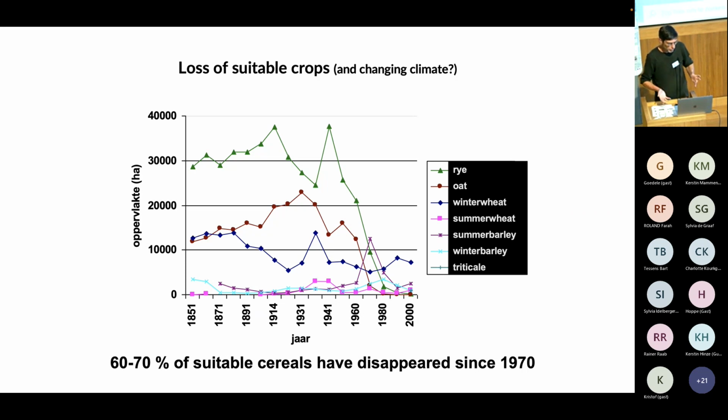At the moment, more or less 25% of all arable fields are cereals or alfalfa, and most of the cereals are regularly managed, and only a small part is hamster-friendly managed. And we lost some very important areas, the service of other suitable crops. We now have much more sugar beets, much more maize, much more potatoes in the Netherlands. And